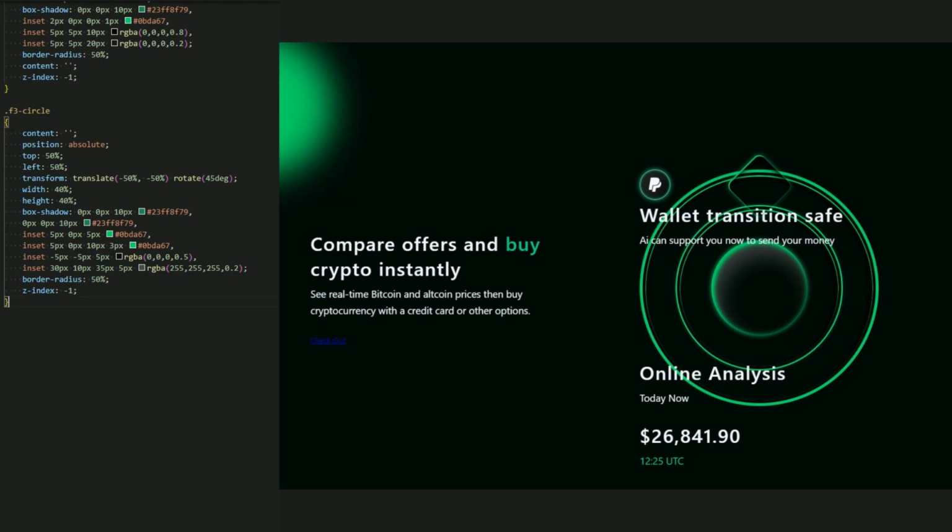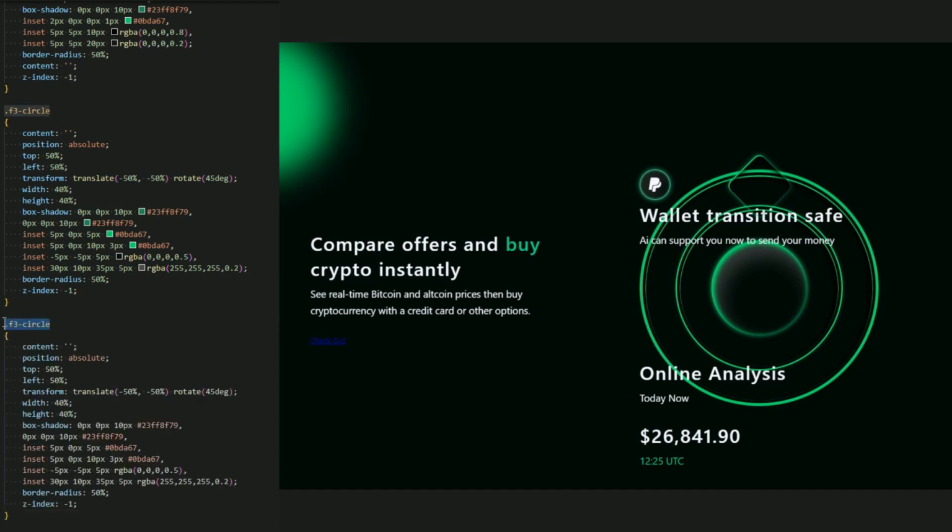Now let me just add this square and circle to go next to the grid box and the box one. So the square, let me just copy this, paste it, square. Now the square top be 46%, left be 9%.